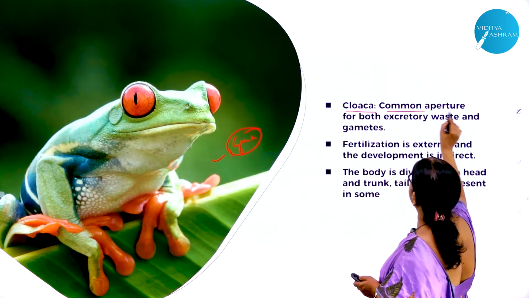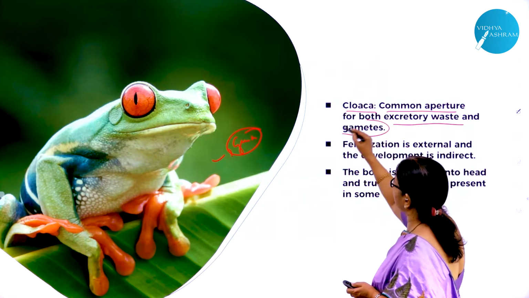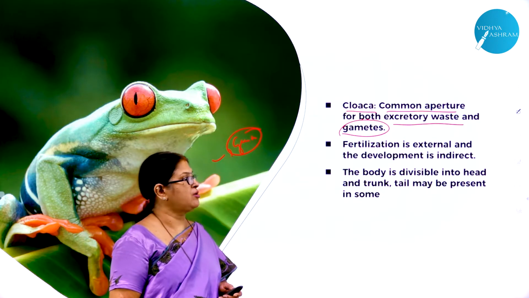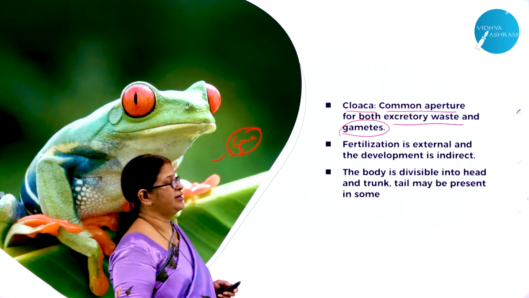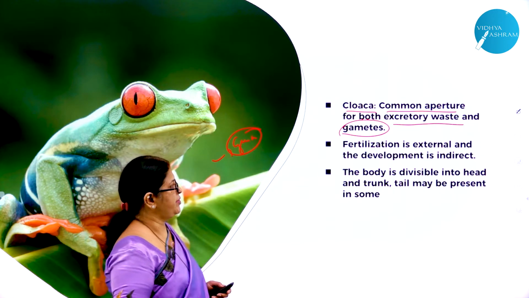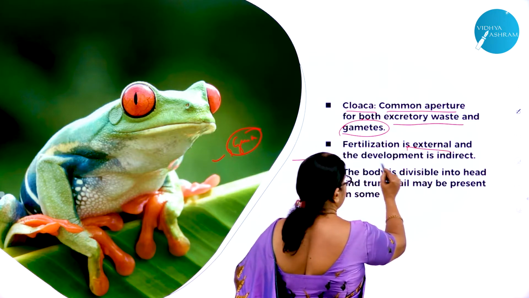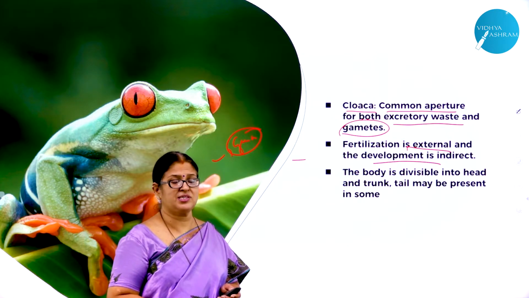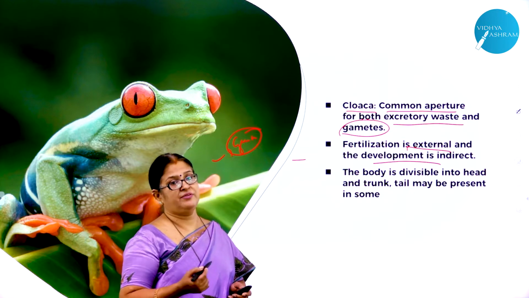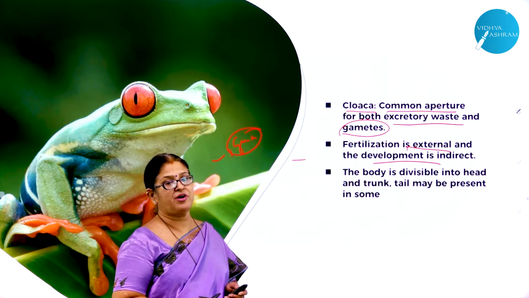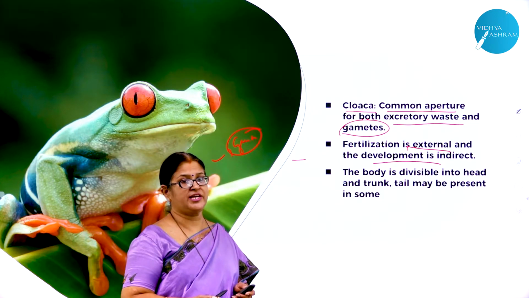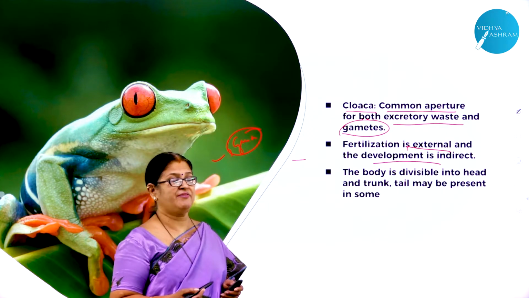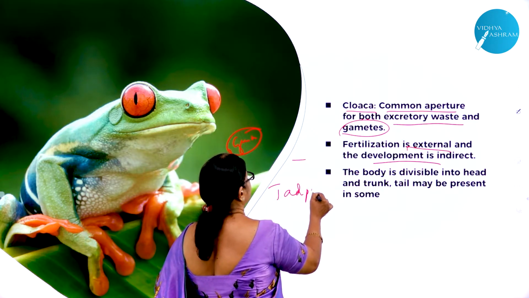Now, cloaca, as I said, is a common aperture for both excretory waste and for the gametes. The alimentary canal opens to the exterior by means of an opening called cloaca, which is a common aperture for what? For the removal of the excretory waste and also for reproduction. As I said, fertilization is external and the development is what? Indirect. Why is fertilization external? The process of fusion of the gametes takes place in the external medium, that is water. The female frog goes to the water to lay eggs and the male frog sheds the sperms on the eggs, and the process of fusion takes place in water, that is outside the body of the parent, hence it is called external, and the development is indirect, having a larval stage called tadpole larva,